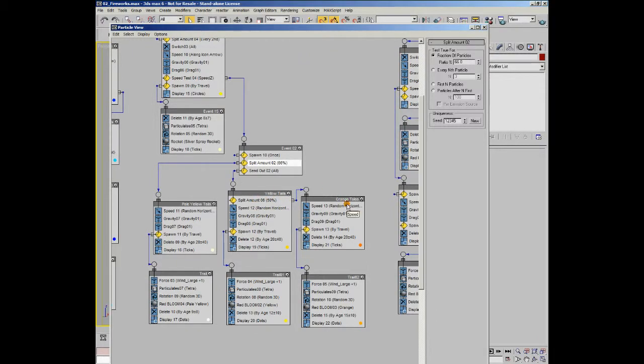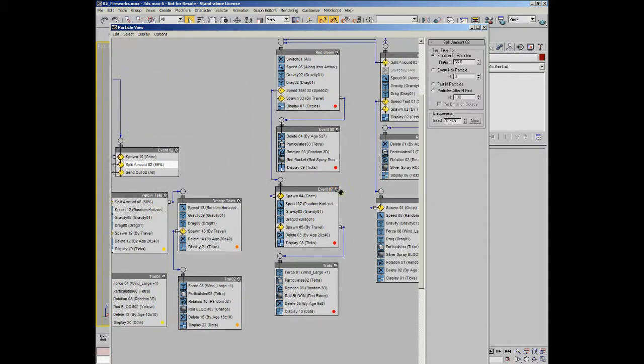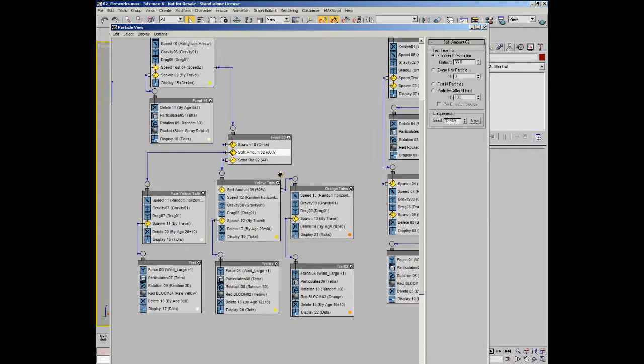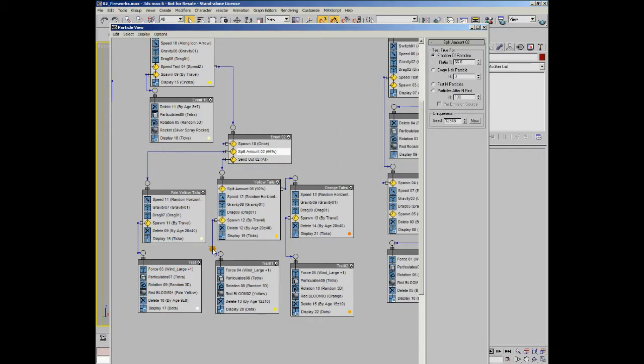here, and the other 50% stays in here. And these effects here are basically duplicates of this kind of explosion that you have going on here. And these are basically seeds for trails. You can see you've got speed, random horizontal, random horizontal, random horizontal. So the speed's all the same in these. You've got gravity, you've got drag, you've got spawn by travel, so that as these seeds explode outwards, they leave